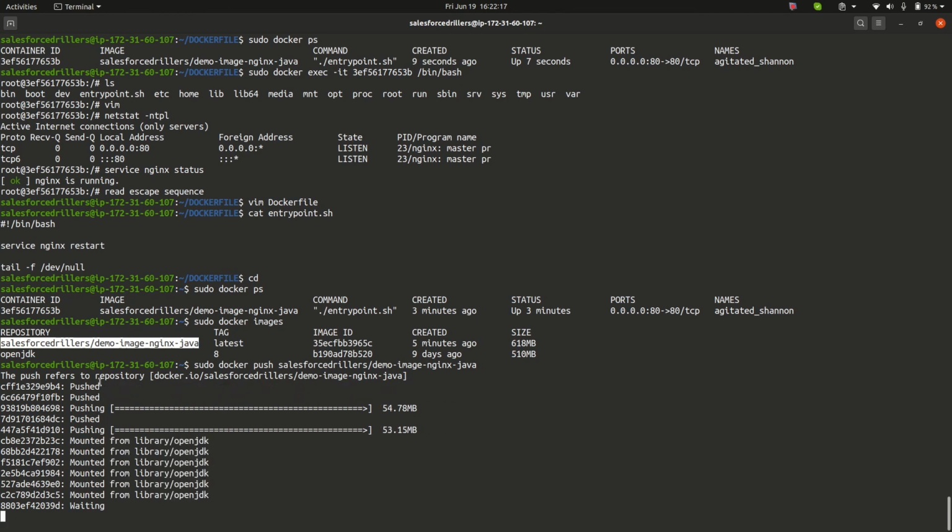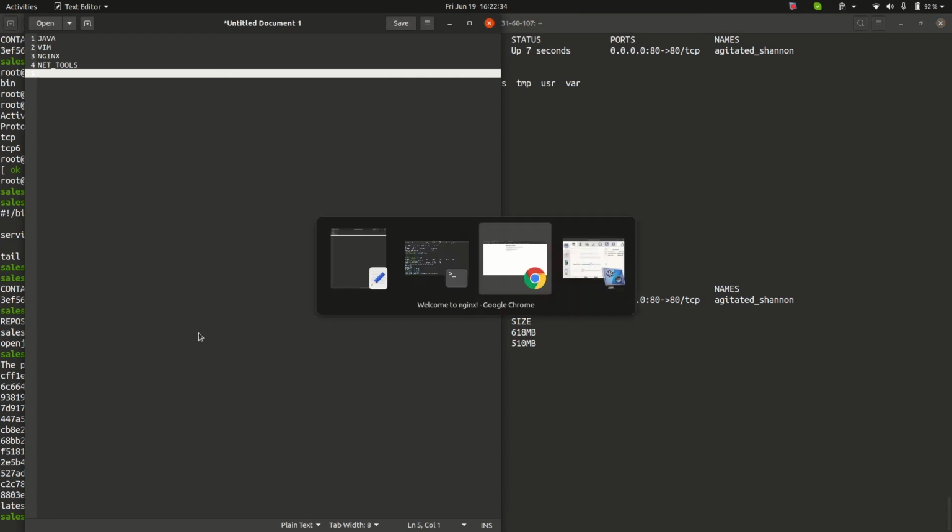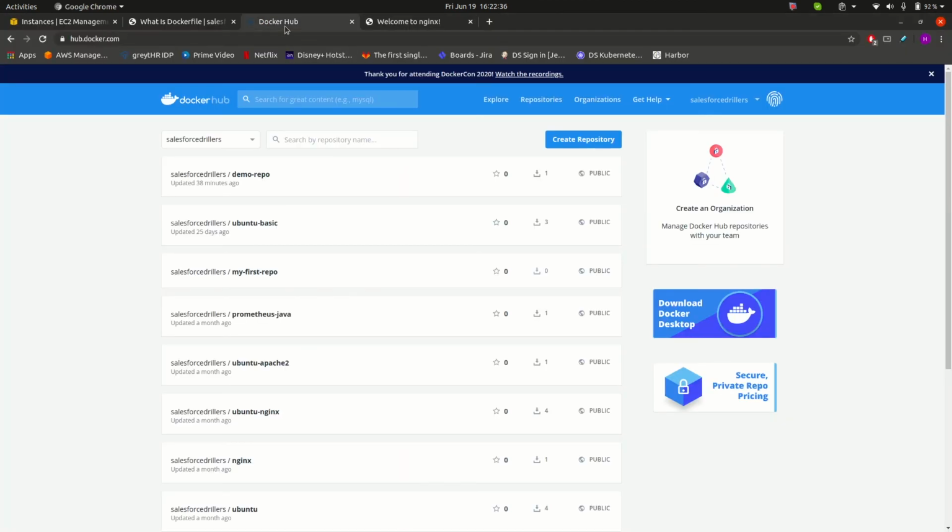Now if we go and check in our Docker Hub, our Docker Hub will have a new repository created with this name, that is Salesforce Drillers / image name. So let us have a look at Docker Hub. Let us just refresh the page.